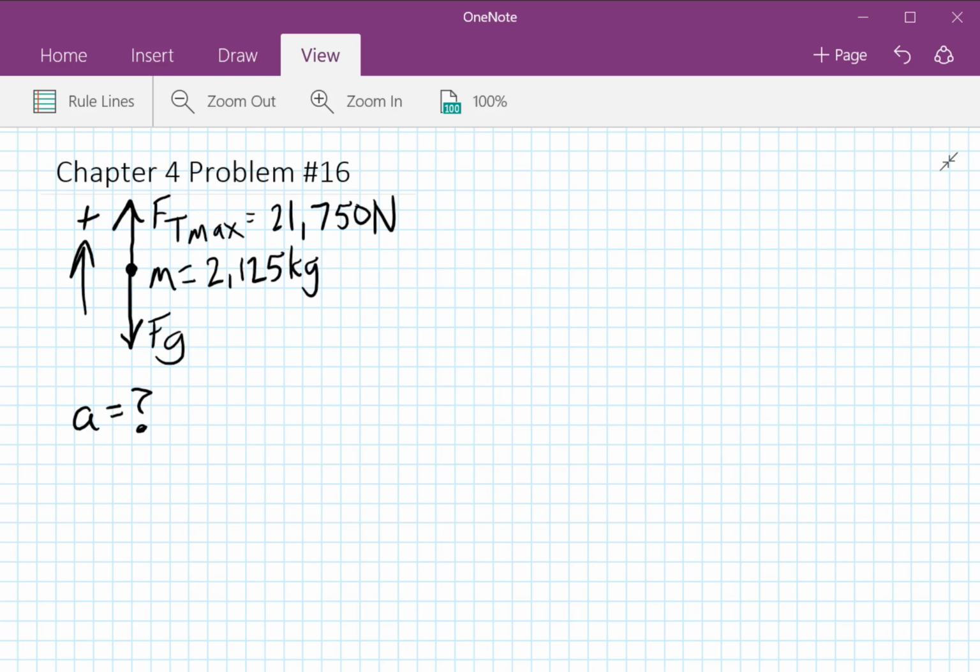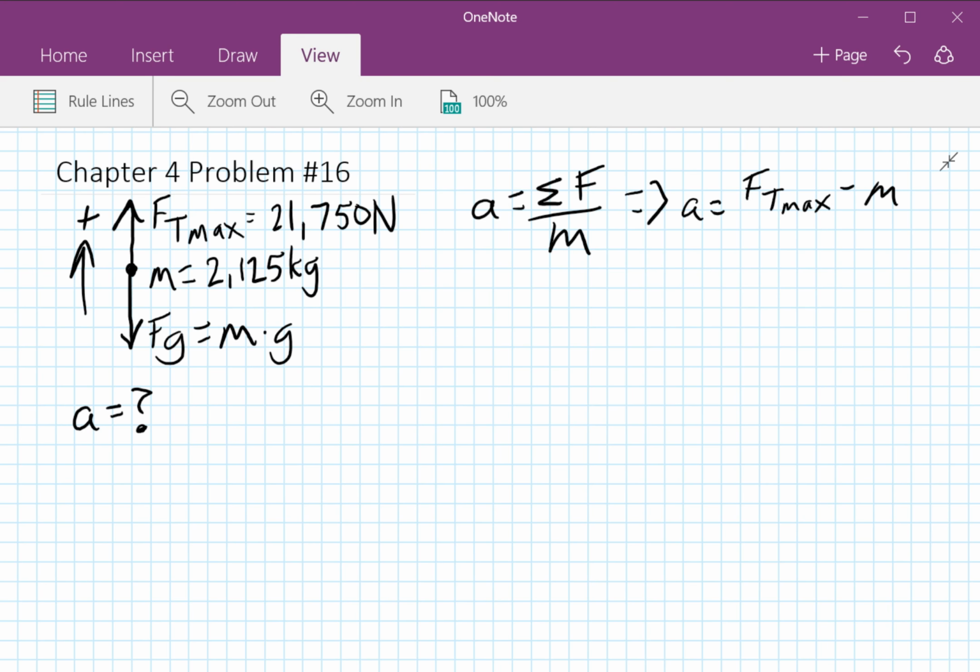So this is actually really straightforward. We're going to have the acceleration equals the sum of the forces divided by the mass. And we can go ahead and just rewrite that with the sum of the forces in there. You have acceleration will be the force of tension, it's technically the maximum force of tension, minus Fg, which we can label as mg. So we can just write mg here, and divide by m. So you have A equals